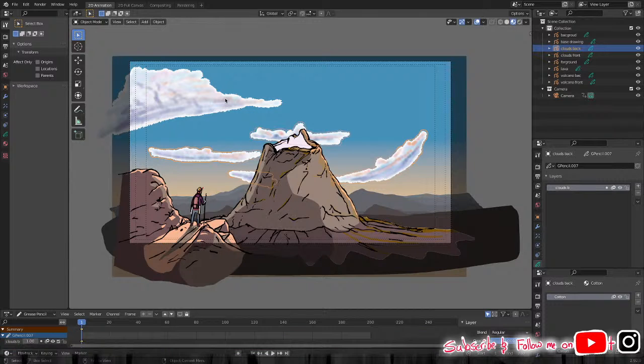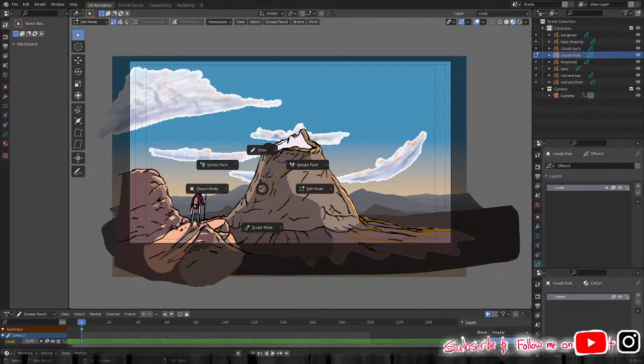Meaning that this one should also have edit mode. So object mode, front. Let me hide the back ones. Okay. Let's see how that looks so far. And if we put the back ones,